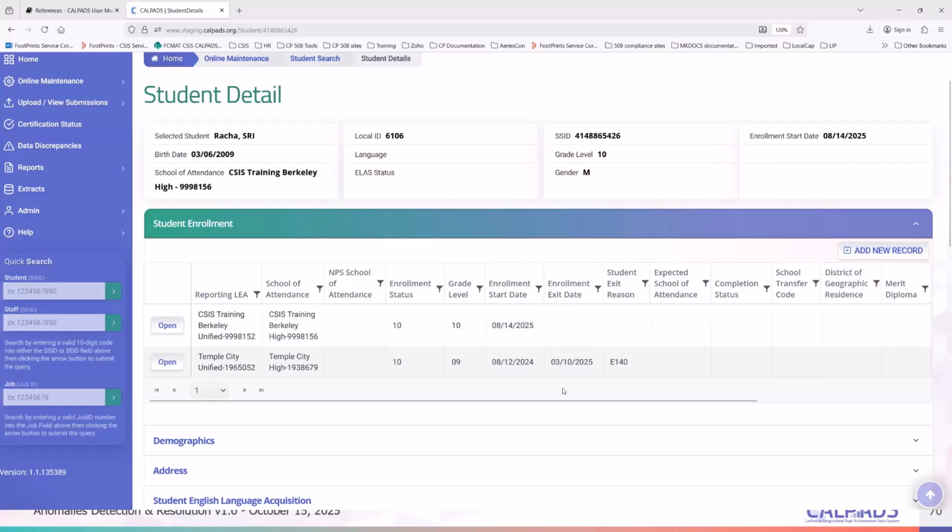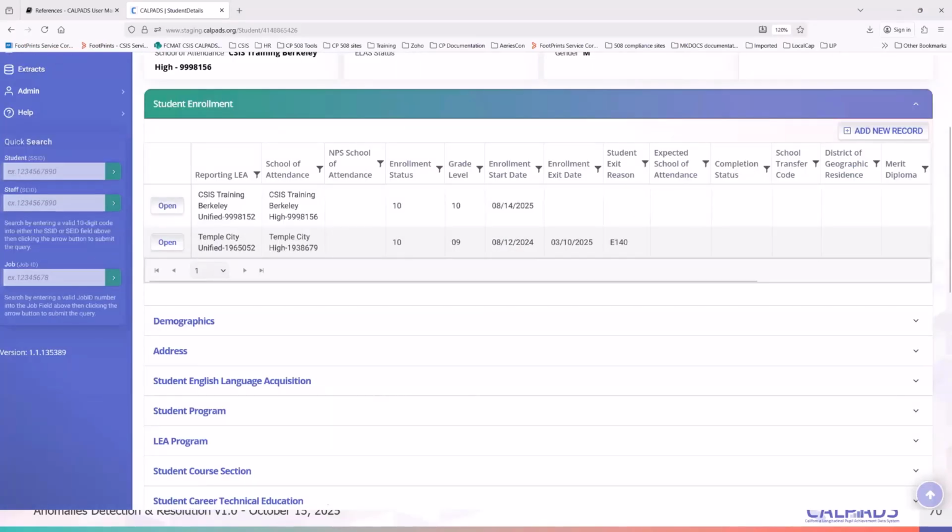Now, if they say, oh no, we picked the wrong exit code, then they just have to fix their exit and that should resolve your ERD. However, be warned that if a student is already in E140, meaning they have been SARB, it is proper to just leave that exit there because the student already went through the process of truancy and SARB. And then you just mark that on your end as resolved. Okay, so that's the type B ERD.